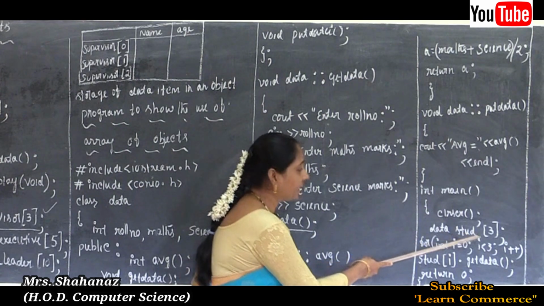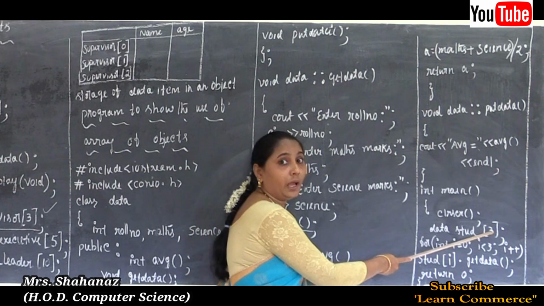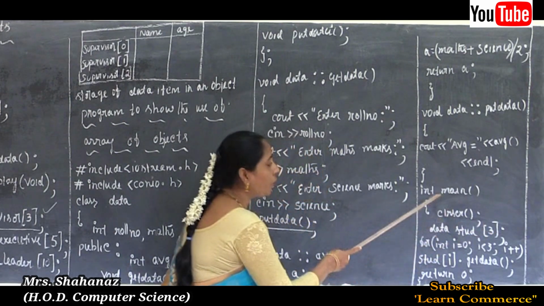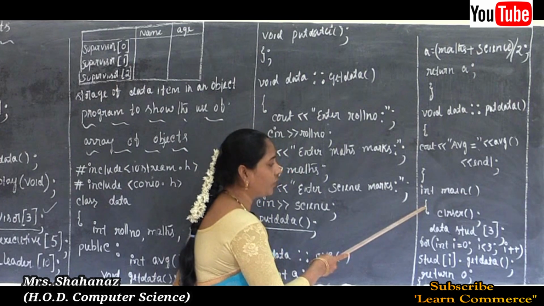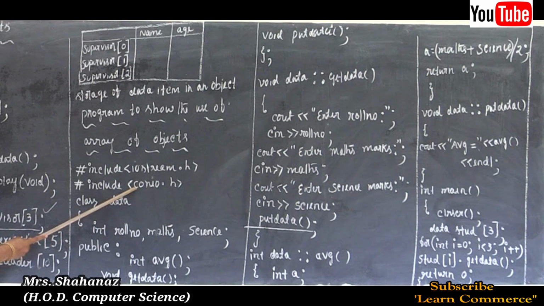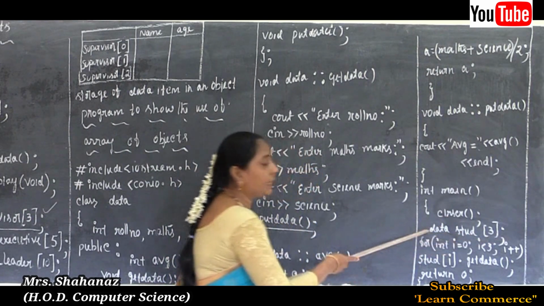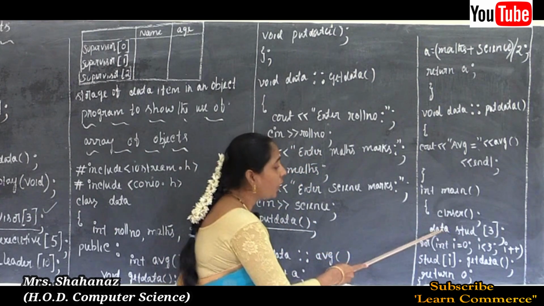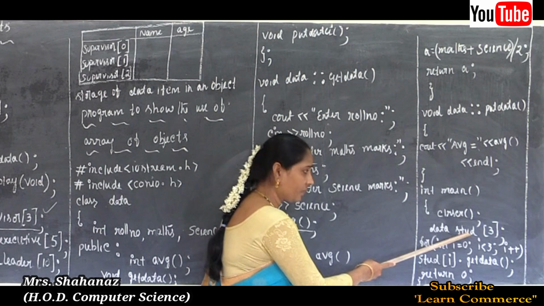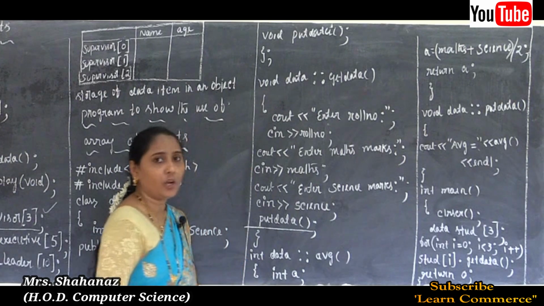So the array of object, that is stud, S-T-U-D, stud of 3. That means here 3 students' information we can enter. Clear this point? With the 3 students' information we can enter in this program here. So int main is the main program. Then opening of the flower bracket, clrscr, we already completed the header file, that is conio.h. Okay, the conio.h for the clrscr, and this is called the declaration of array of objects. So to declare the array of object, first of all we need to use the class name, and later next one is our array of objects, that means object name, or then this line is called the array of objects here.